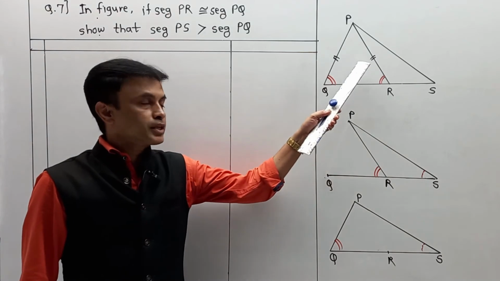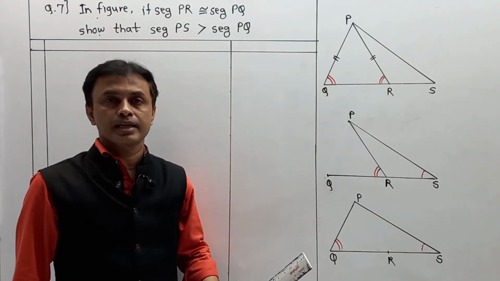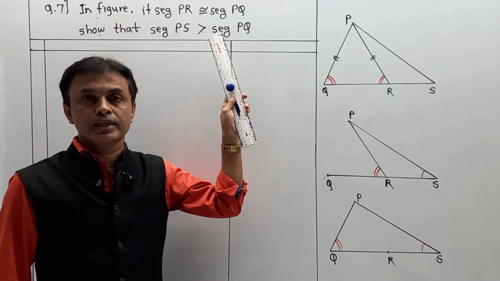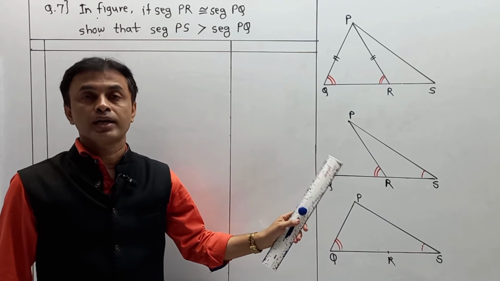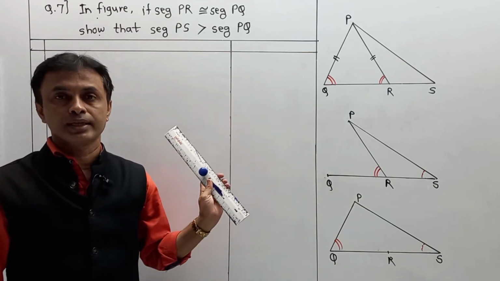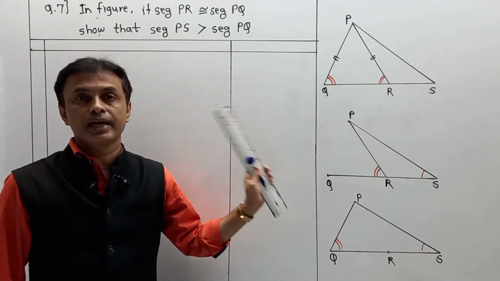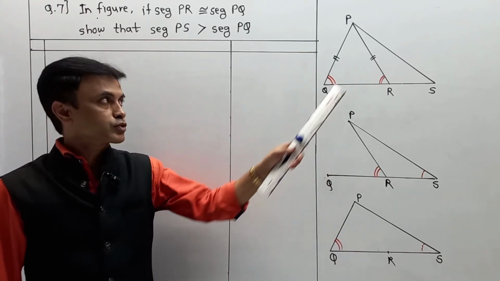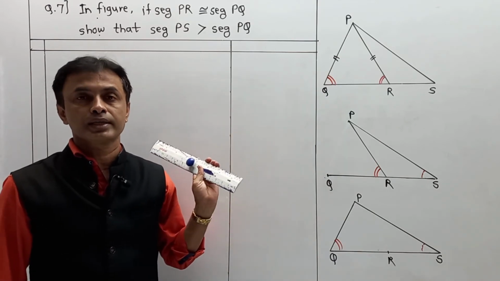Now student, in your textbook only this diagram is given. These two diagrams I have drawn as an additional part. First of all, you are supposed to write the question in your notebook, draw the diagram and then try to understand how I am going to write it. If you observe directly at a time, you cannot understand because the diagram will get hidden. So please first of all draw the diagram and then observe step by step how I am going to write the answer.